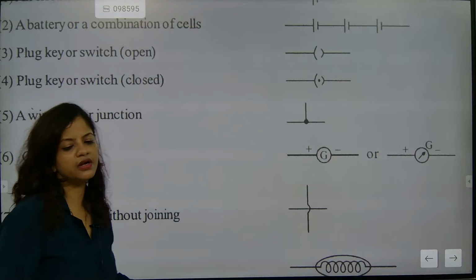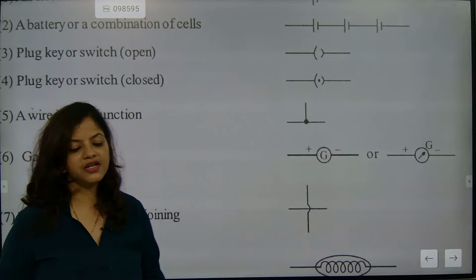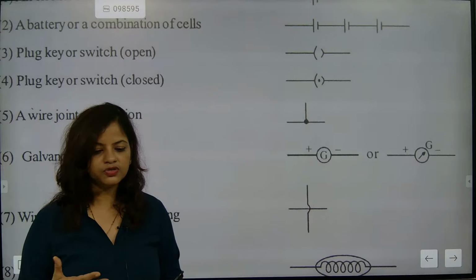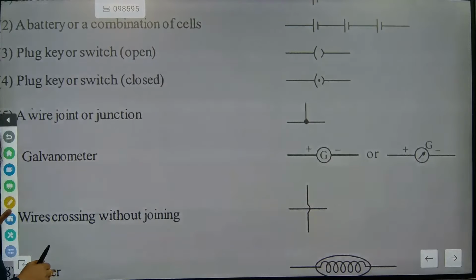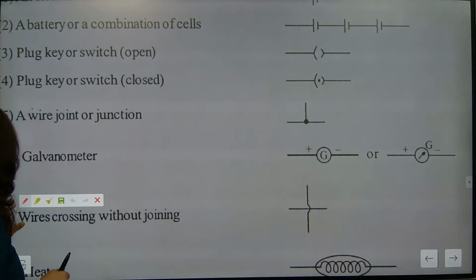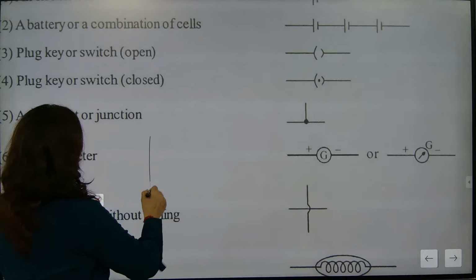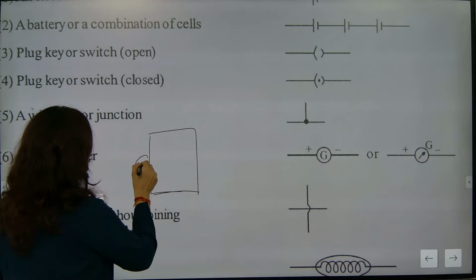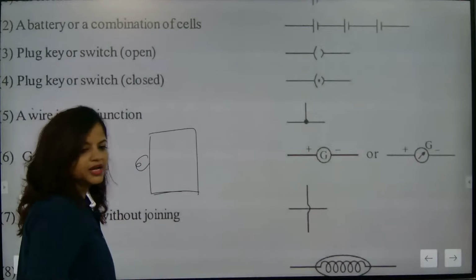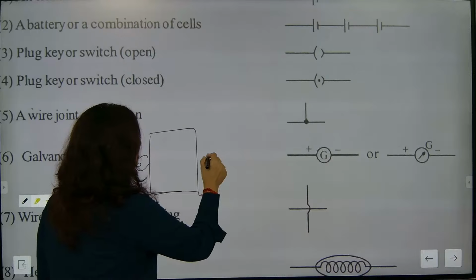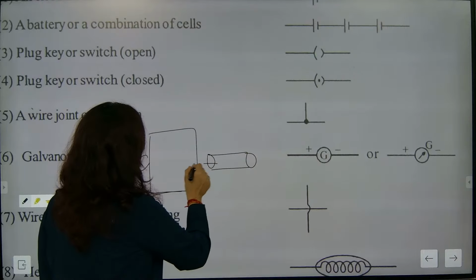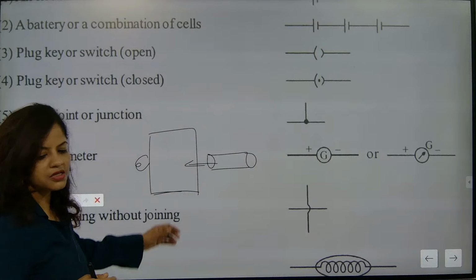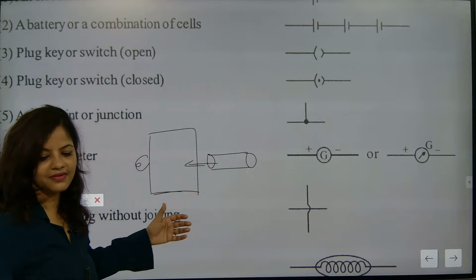Induced current, in a simple way we can understand: one wire is there, and the wire does not have any cell or battery. So understand the meaning of induced current. This wire does not have any current at all. But I fitted a bulb here. Now I took a magnet and kept moving the magnet to and fro, continuously. So what will happen?